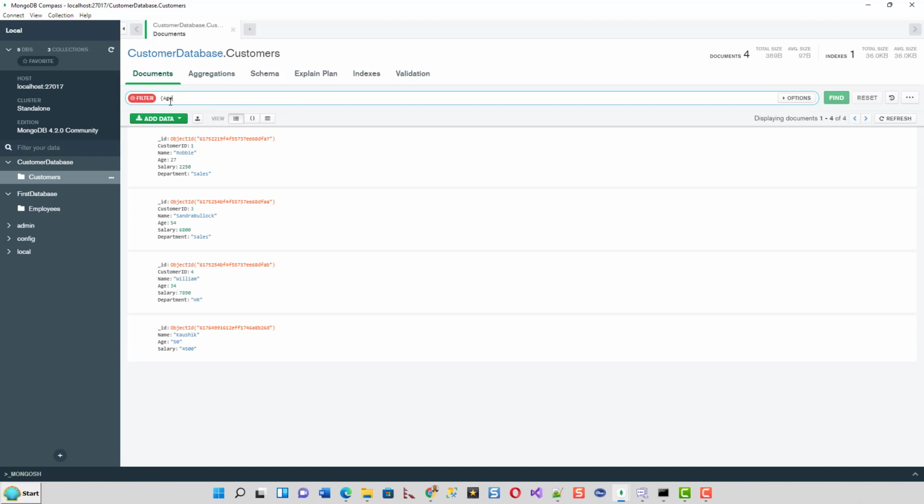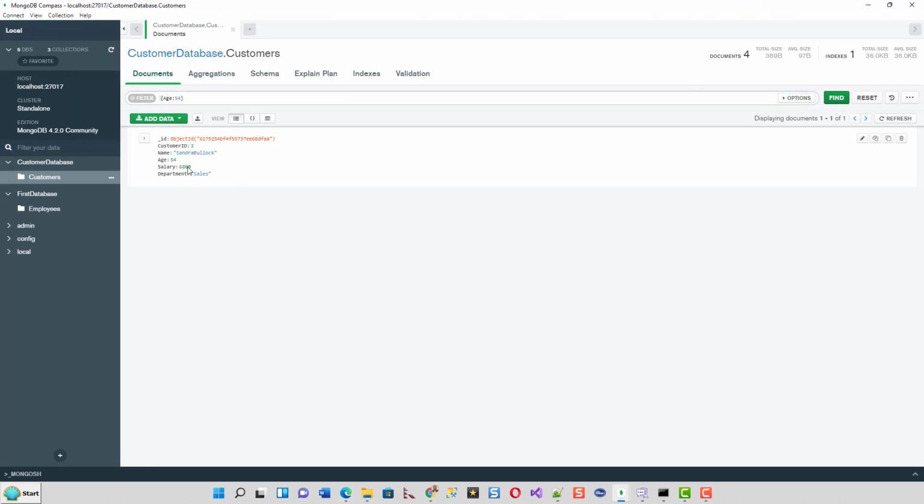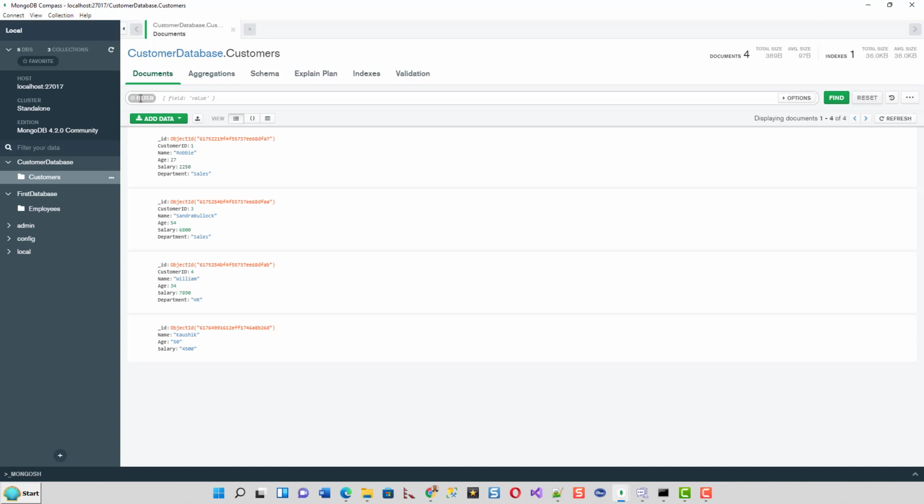I'm trying to query for all the documents with an age of 54 within this collection. So if you click on find, it will find just one record with an age of 54. All right. And if I click on reset, now this will be gone. This filter will disappear, and it will get all the other fields.